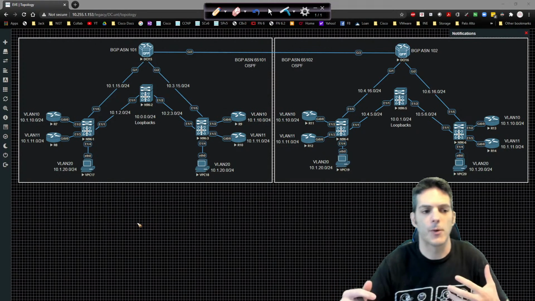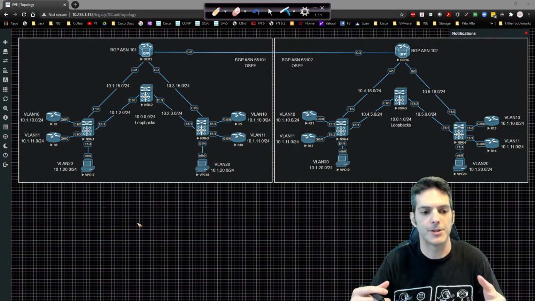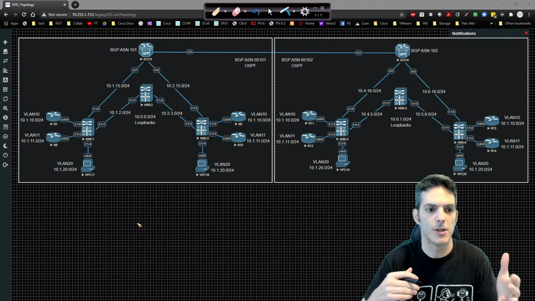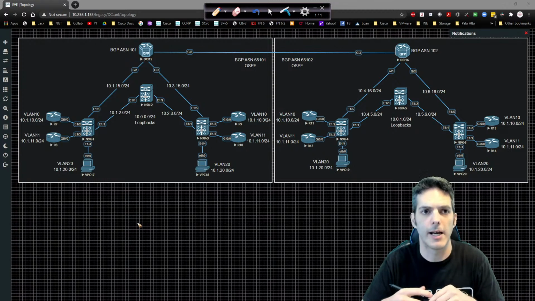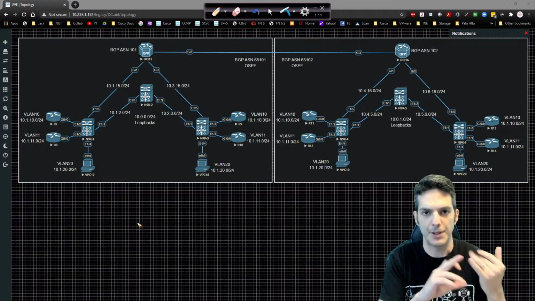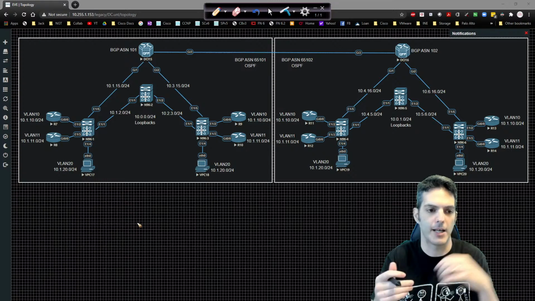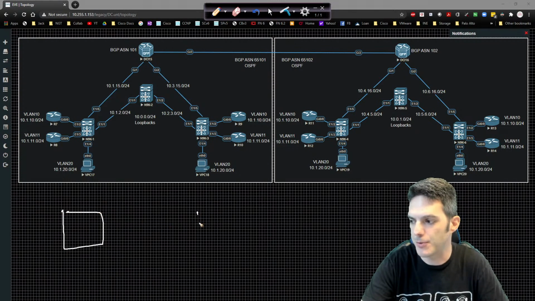So we're first going to take a quick dive into what traditional layer 2 networking looks like, because if you have a baseline of basic layer 2 networking, for those things that maybe you're studying for your CCNA or a CCNP, and you want to dive into VXLAN, it's really important to understand layer 2 networking, so VLANs and trunking and spanning tree, and then you can transition into VXLAN and things are going to make a lot more sense. So in our traditional layer 2 network, we're going to have a switch, we're going to have another switch,